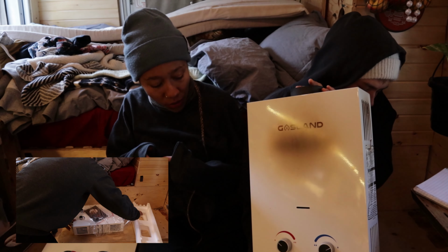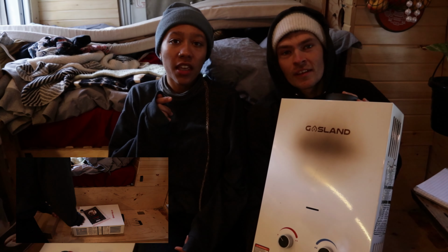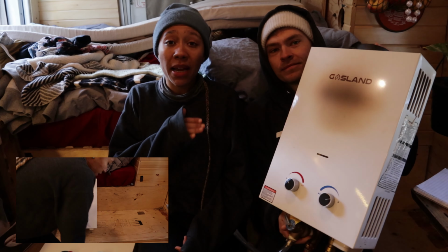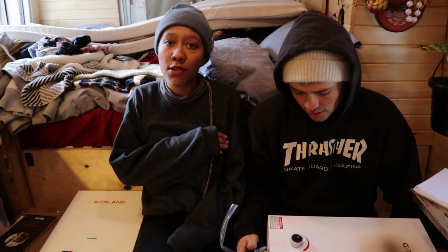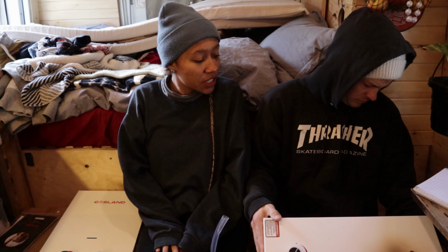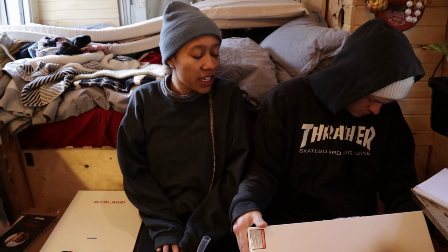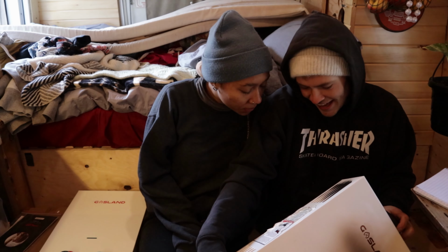I'm not 100% sure what happened, but the problem was that after it was frozen at minus 25 degrees for like a week long, it just didn't work anymore. It was spilling out everywhere, and we're obviously not experts. We tried a few different things that didn't work, so... No, you can see right there where it's broke. Oh yeah, it's actually the pipes are just broken. I guess it just froze and... Yeah, the ice expands and...